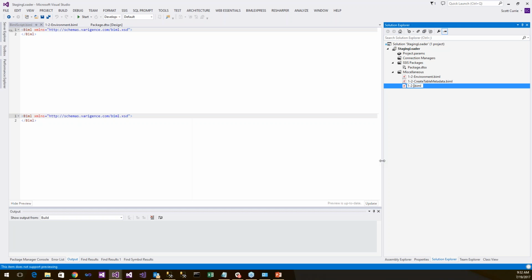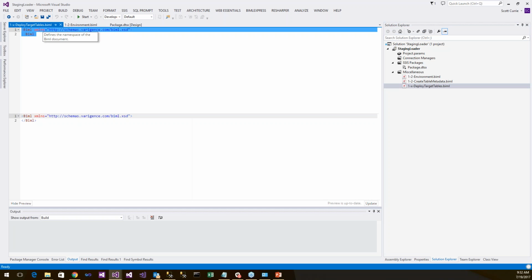These days, especially with the preview window, we have some additional options. So here I'm going to call this deploy target tables, and instead of doing any SQL coding in here, what I'm going to do, and this is actually only needed for step one. Once the tables are deployed, we don't need them to be built out for the packages. So I'm just going to say 1-x for that. We're only going to use it in the first step. So I'm going to say deploy target tables, and the way this is going to work is as follows. I am going to say for each var table in root node dot tables,